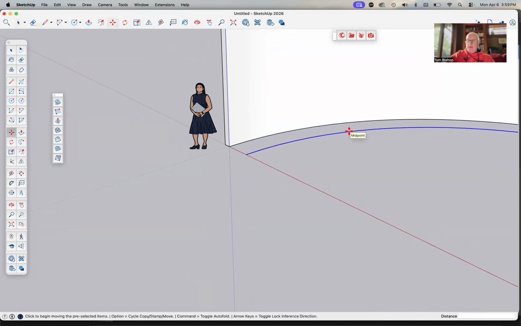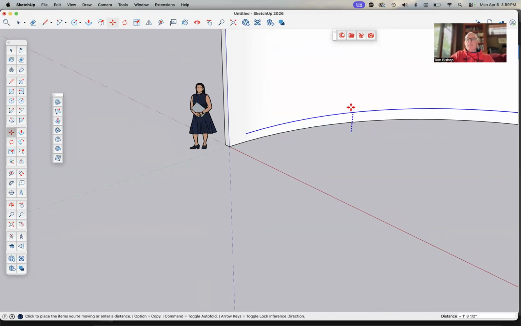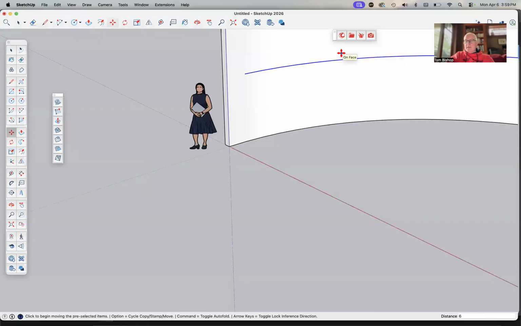So maybe I'll move it now. We're going to use M for move tool, and I'm going to tap the up arrow on my keyboard to move that up 6 feet. We'll put it right there. So now what I want to be able to do is put